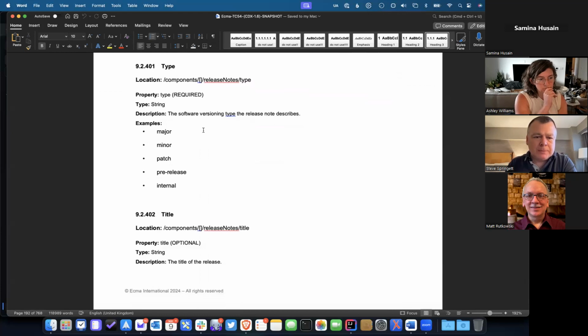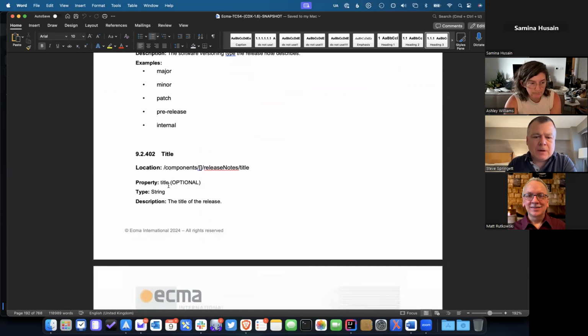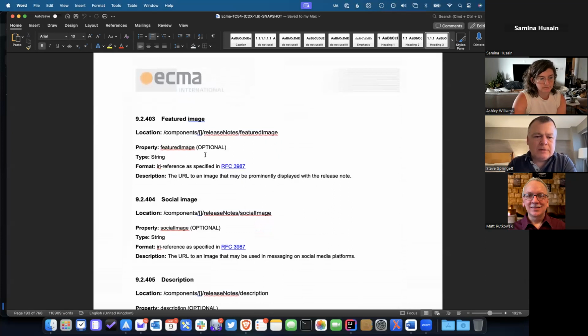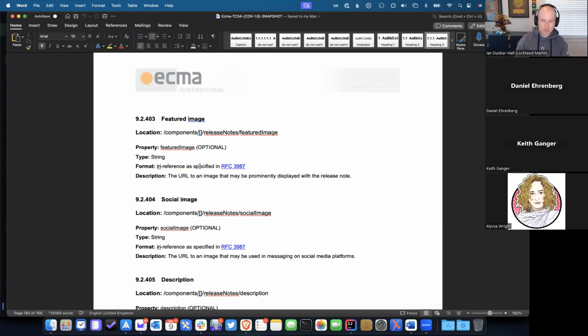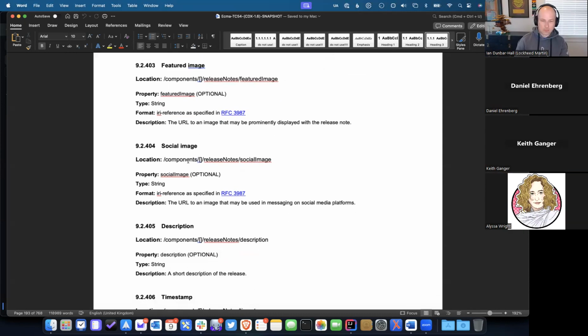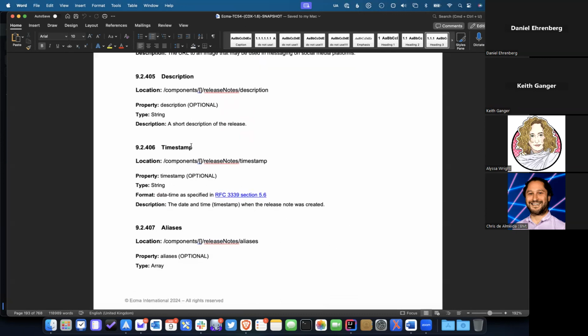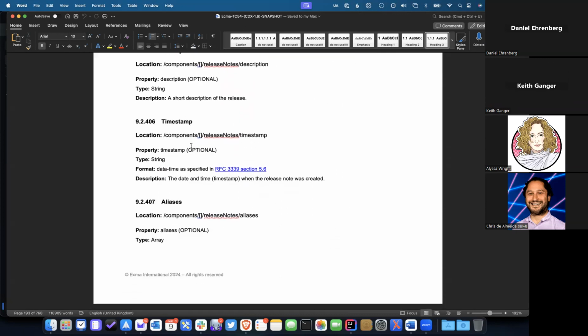So let's start with the type. This is the type of release notes: major, minor, patch, pre-release, or internal releases. The title of the release, that's a string. We've got the featured image. This is for publishing. Again, this is a URI or URL to the image itself. This is the URL to the image to be used on social media. Description of the release notes, a timestamp of when the release note was published,